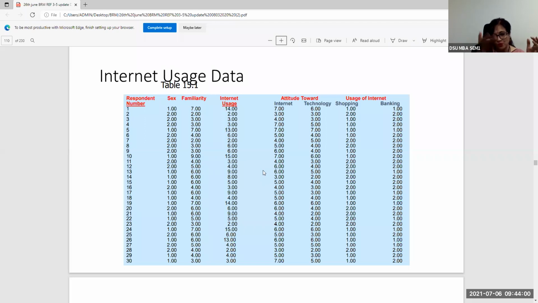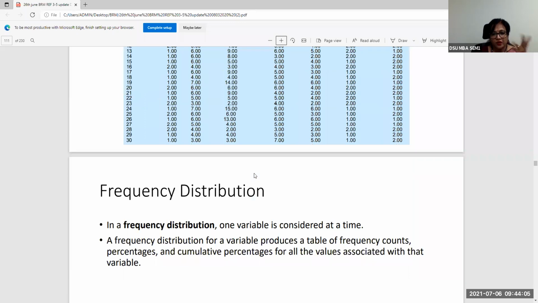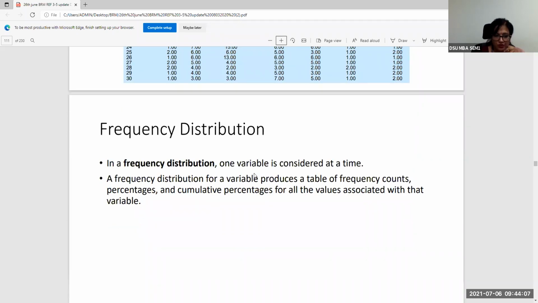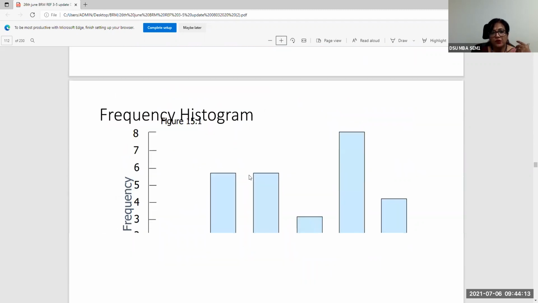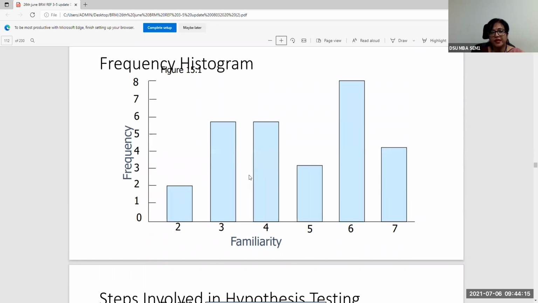So in fact, tomorrow's class also, you can try and do that. You would have done that in Excel anyway, because you do have business analytics as a course also. So frequency distribution is one form of trying to make a table out of that. You could also be visually representing that in the form of a histogram or a bar graph or a pie chart, as the case may be.